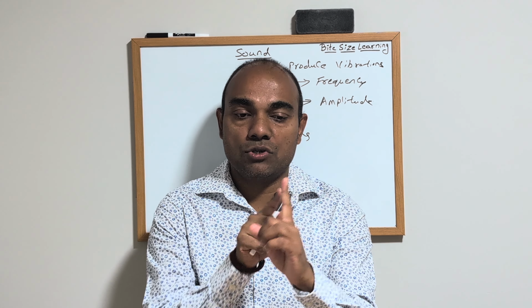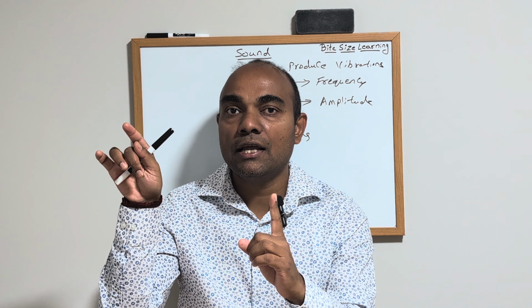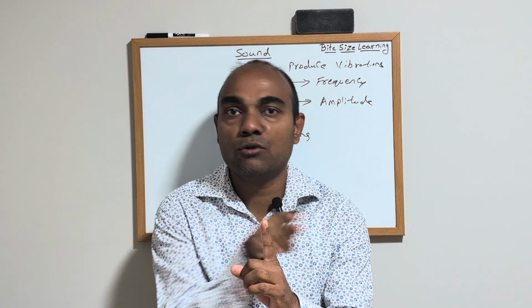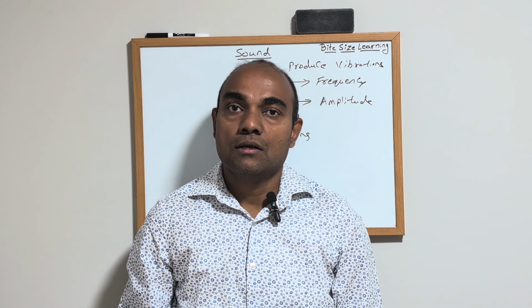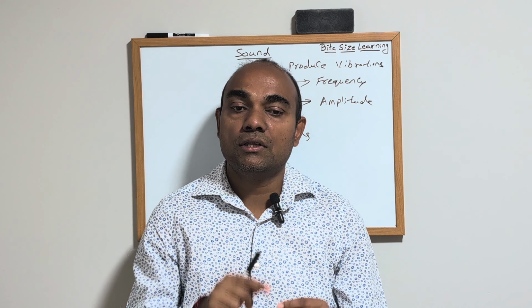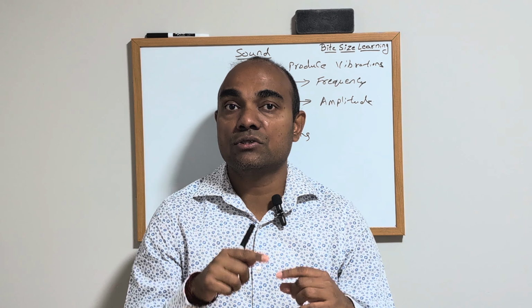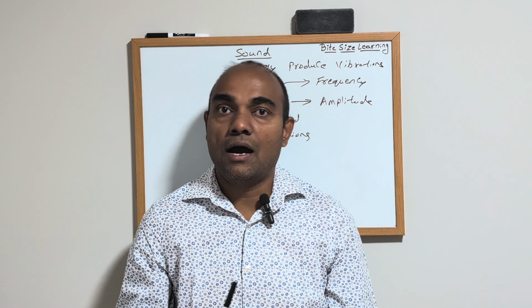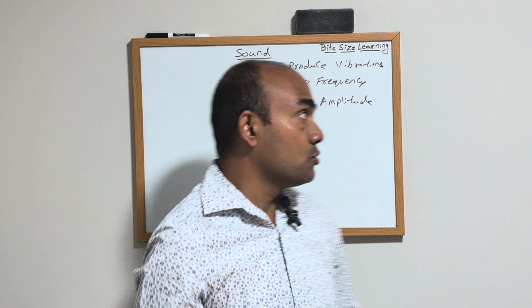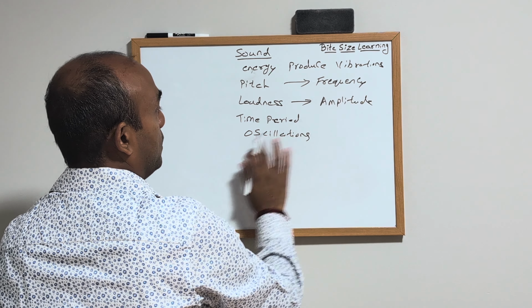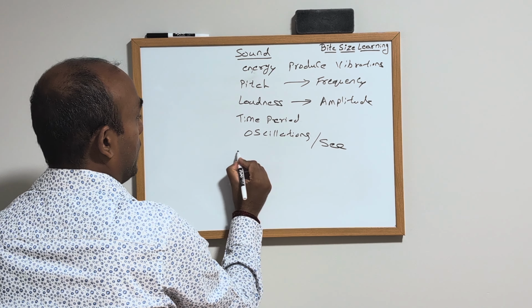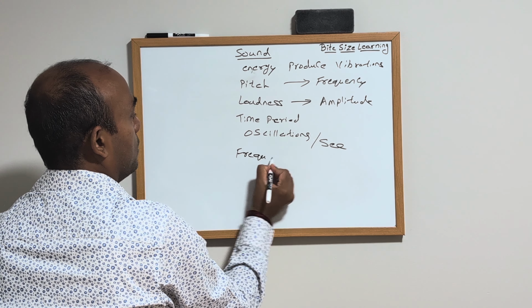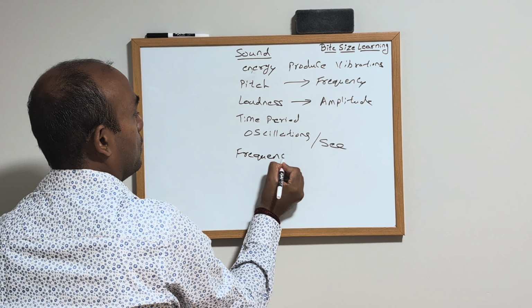Moving from the center point to the left, to the right, and then coming back to the center point is one oscillation. The higher the number of oscillations per second, the higher the frequency, and frequency is measured in hertz,